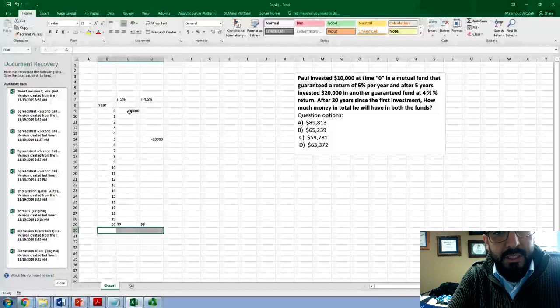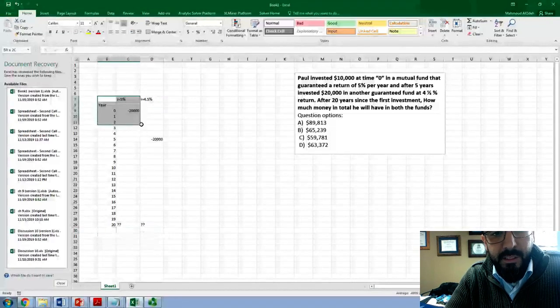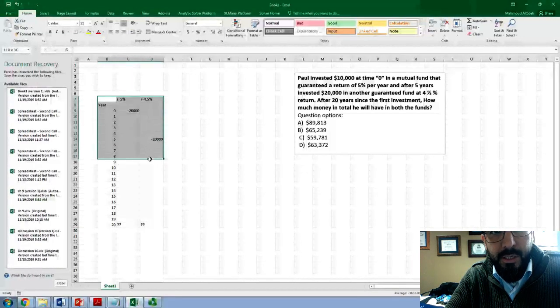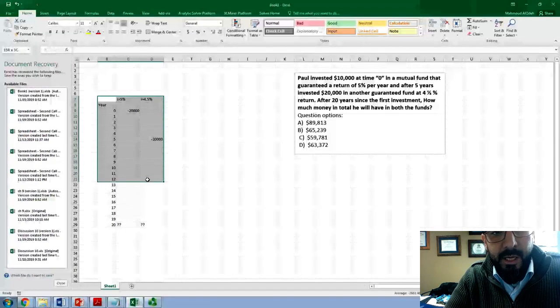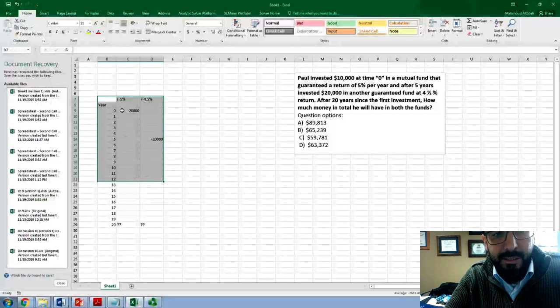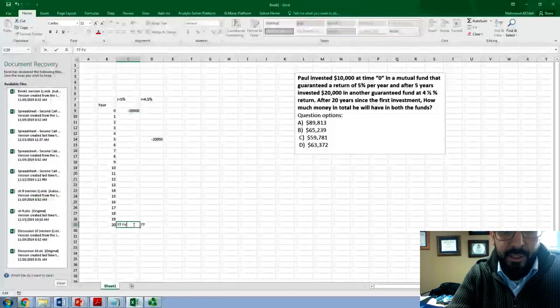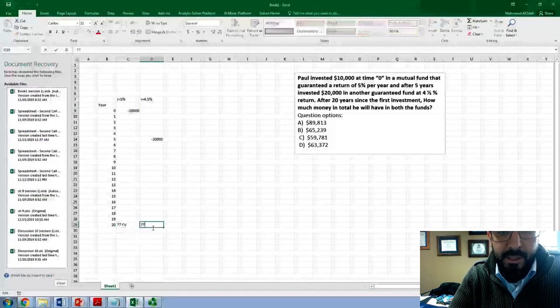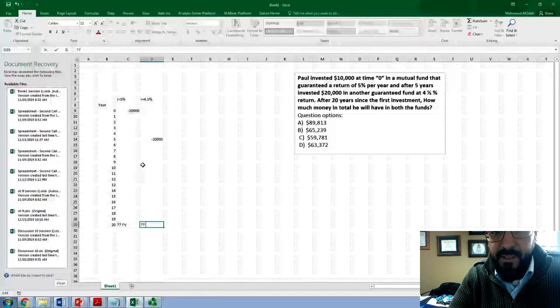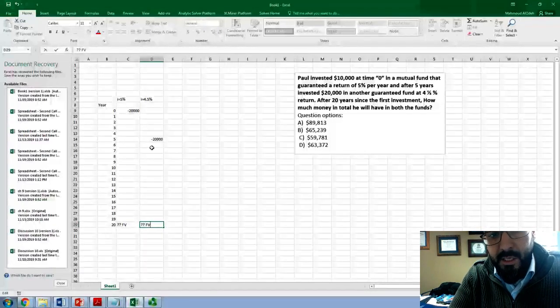The best way to solve this question is, first of all, to simplify things and create a table or a cash flow chart diagram that will help you understand the scenario. So what I did here, on the first column, I put a negative amount because this is invested at year zero, and we need to know exactly what would be the future value on year 20. Same thing here on the $20,000 invested 5 years from the initial, and we need to find out what would be the future value for this amount after